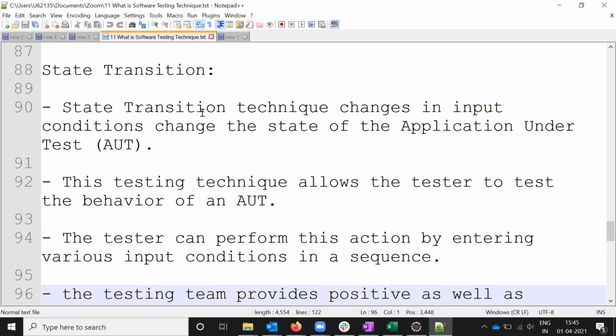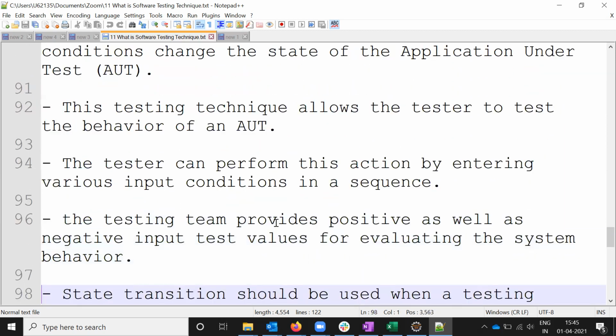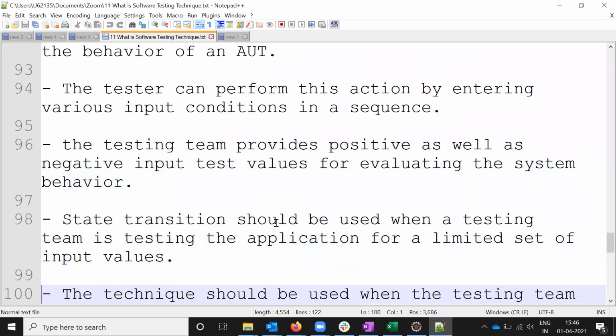And state transition: here the technique is that input combinations change the state of the application under test, the AUT. This testing allows the tester to test the behavior of the application under test. The tester can perform this by entering various input combinations in a sequence order.